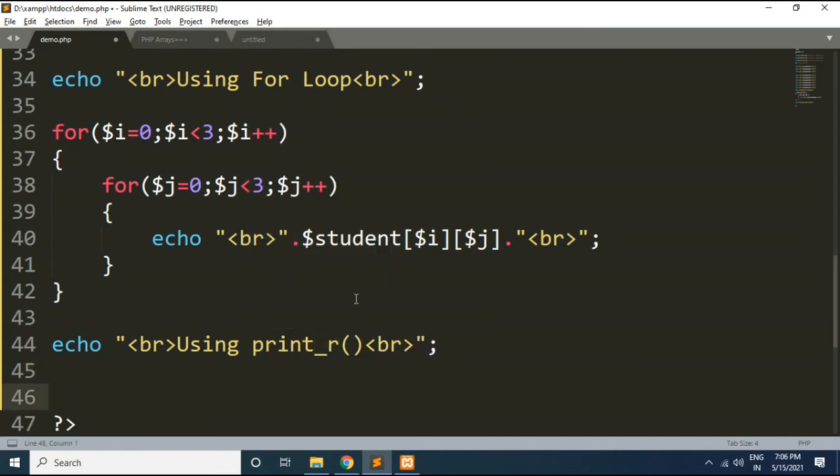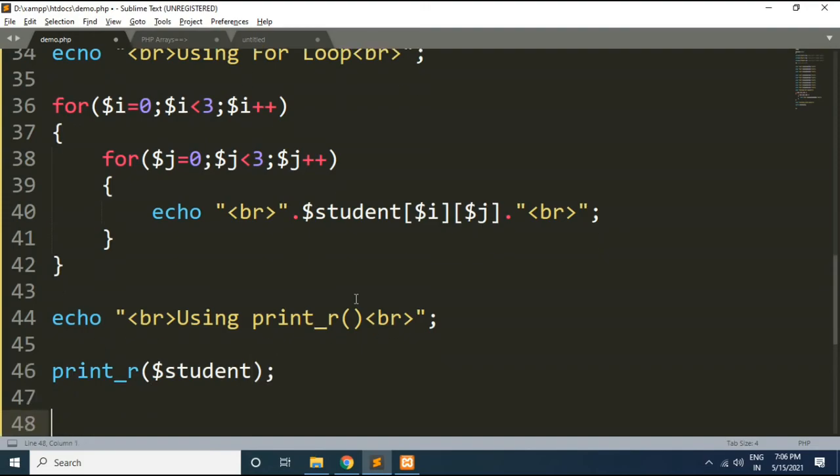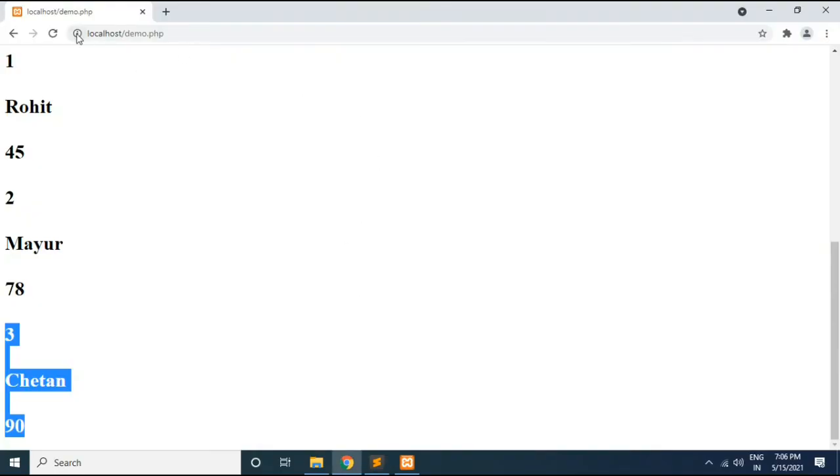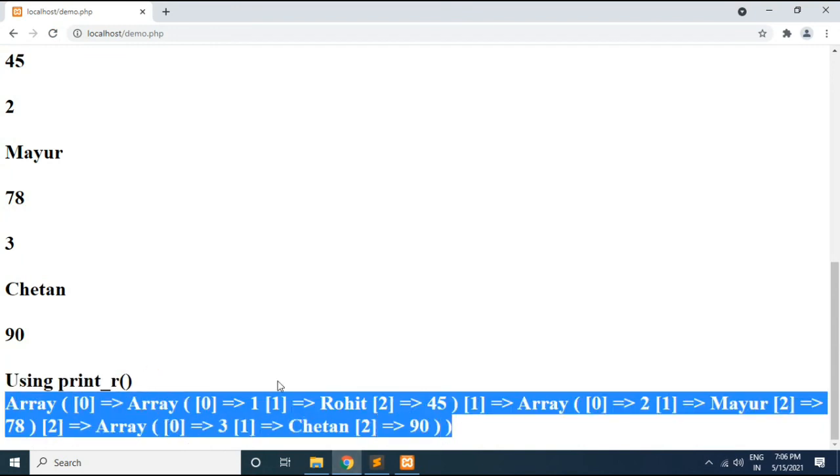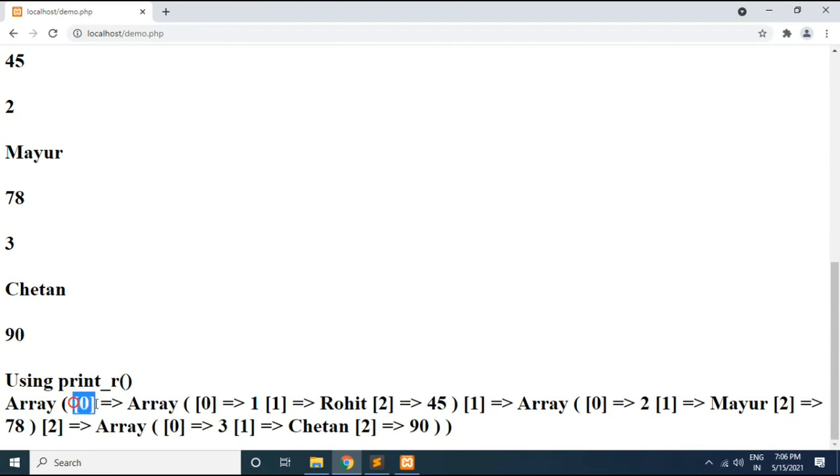Okay, and now here I will just use print_r and pass our array name student. That's it. If you go to browser and refresh, you can see at the end, using print_r, this is the array structure. You can see the first sub array is available at index value 0 and its elements.